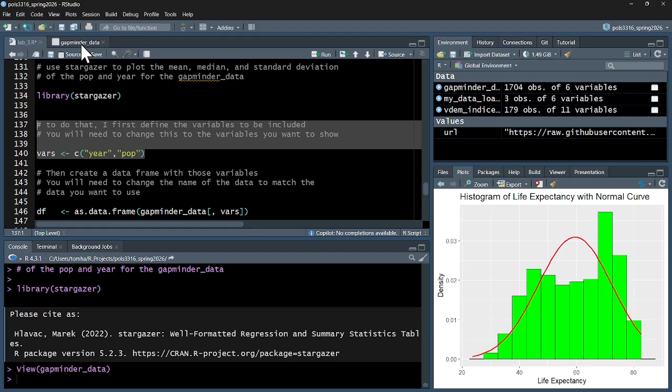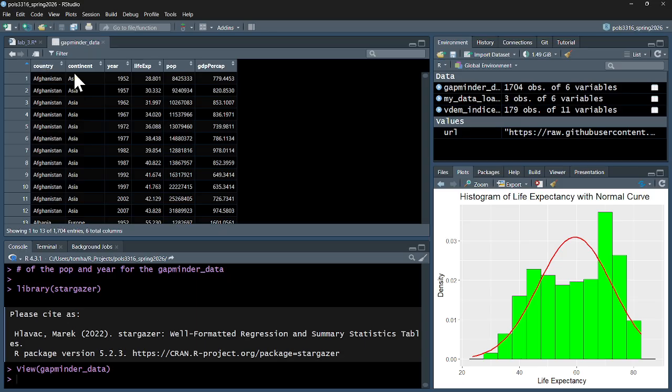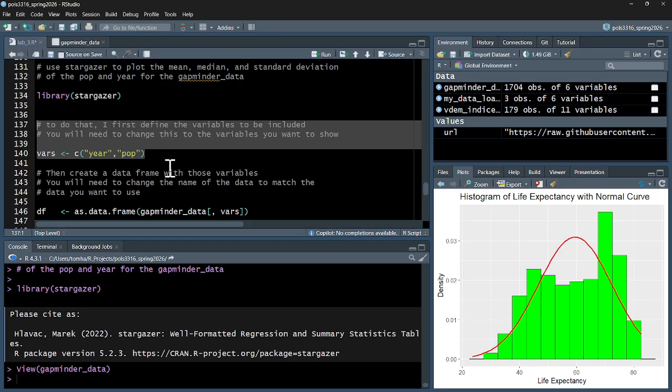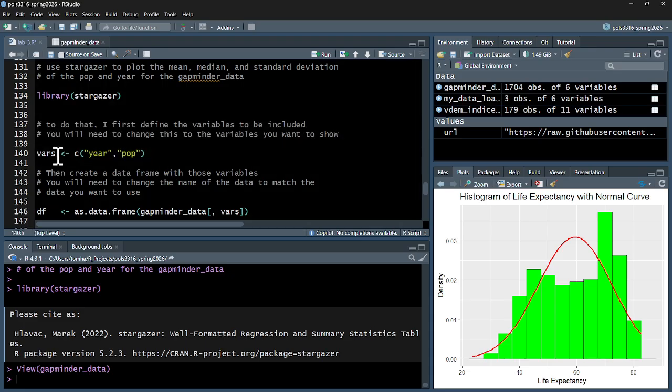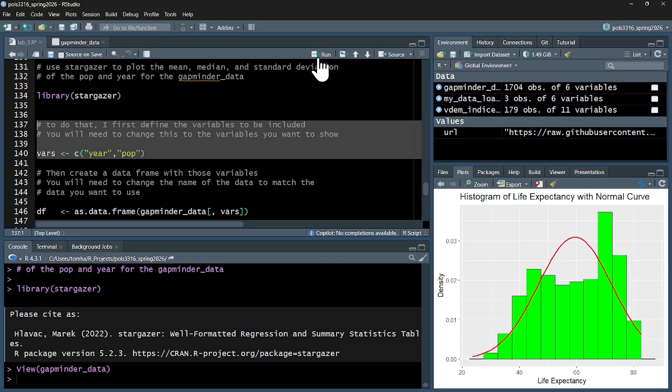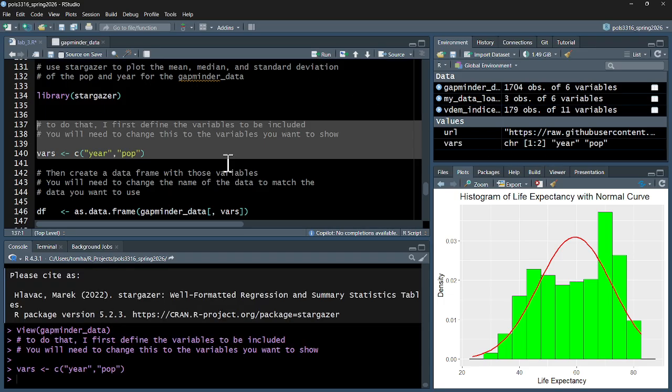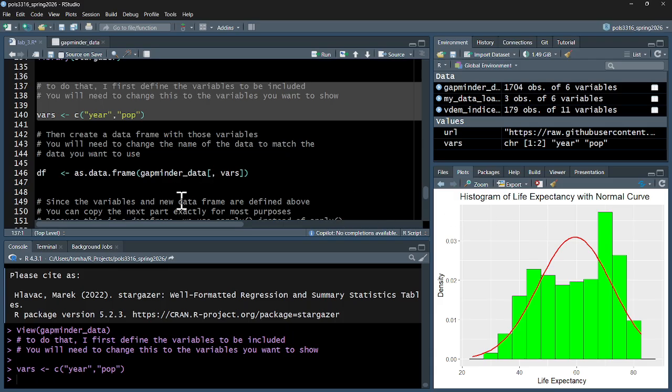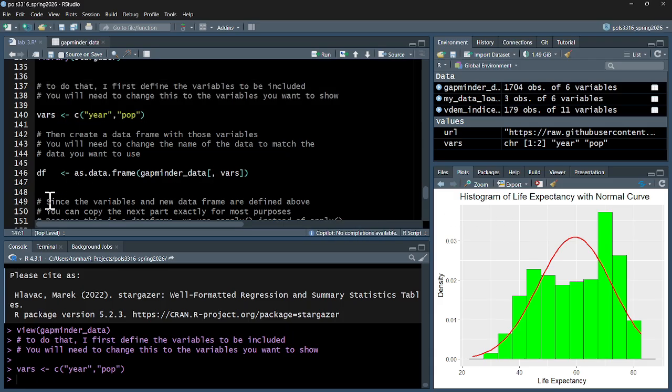They have to be numeric, so I can't use country or continent. I'm putting in the variables, creating an object just called VARS with those two in it. The only purpose of this is to save it over here so that it can be used in the next step. And the next step is I'm going to create a new data frame